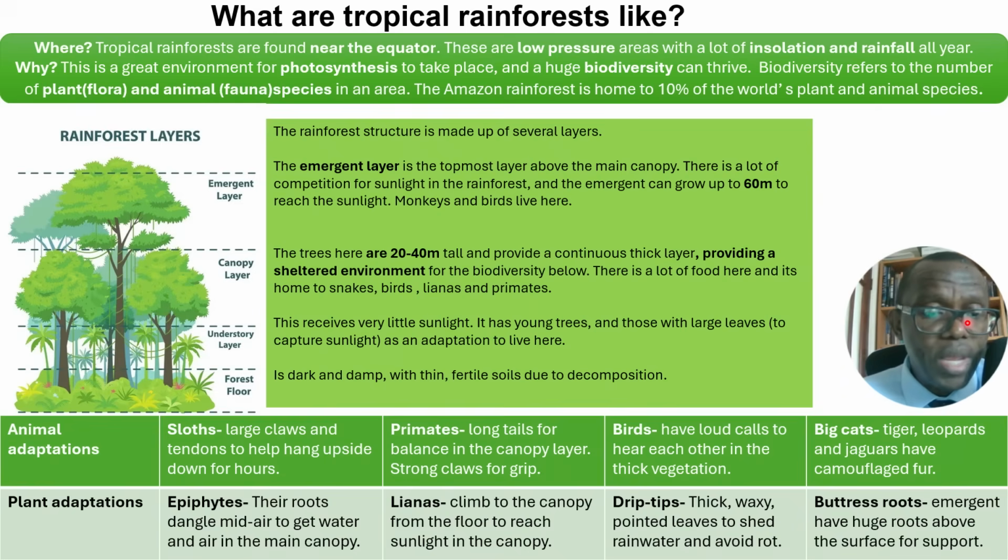Then lastly, we have the forest floor right at the bottom. Now, this here is a dark and damp layer with thin fertile soils due to decomposition. So why are we saying that the soils are fertile? We are saying that the soils are fertile because they are getting a lot of decomposed material. So the material that is decomposing is basically the leaves of the plants that are in the rainforest